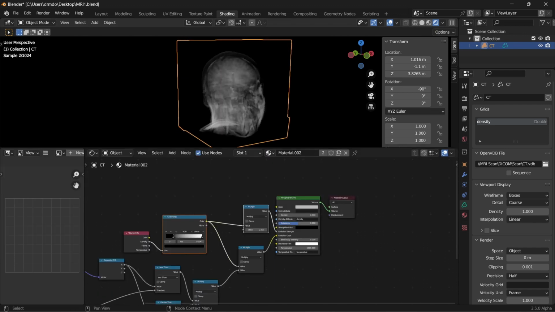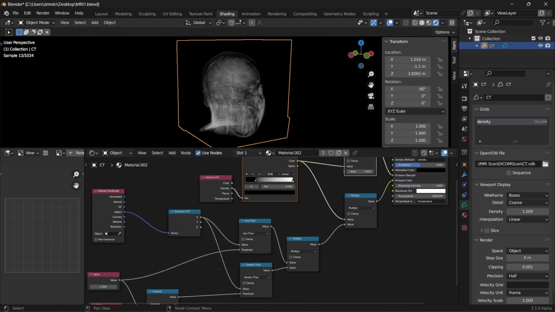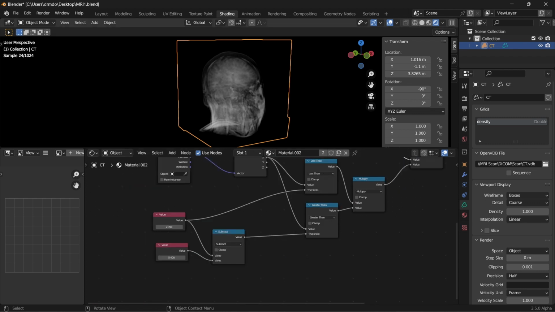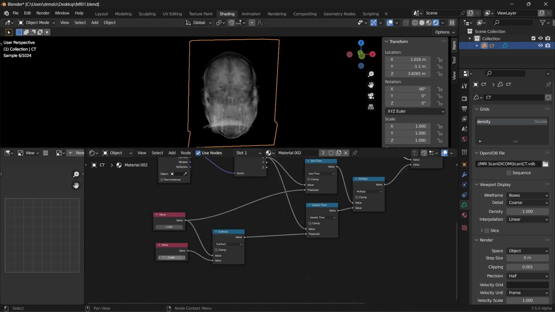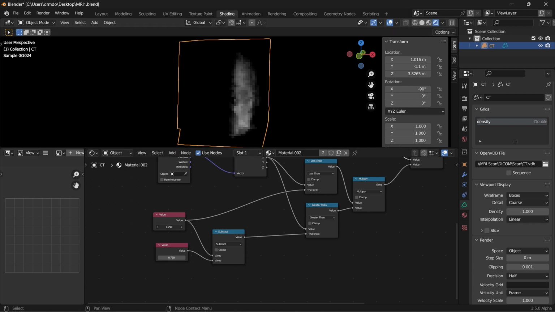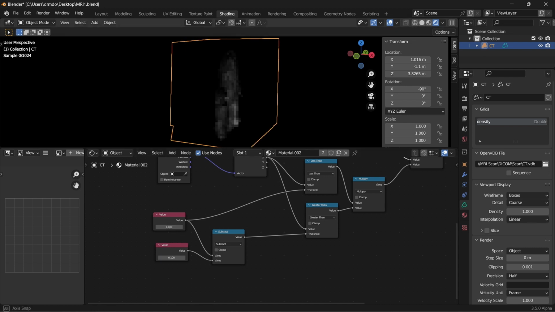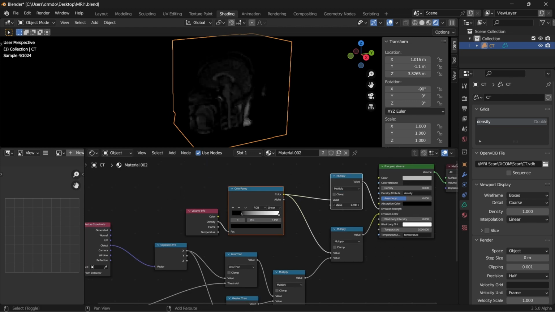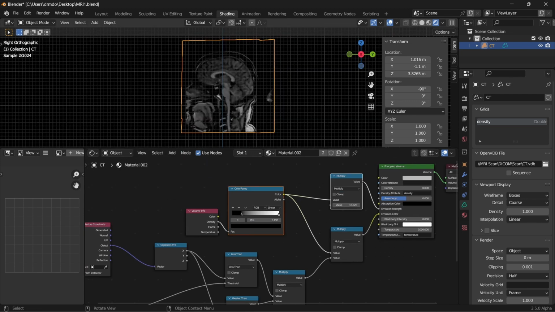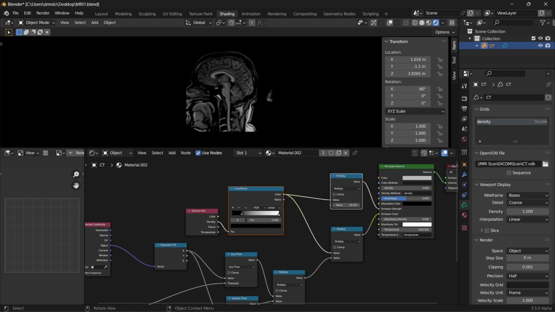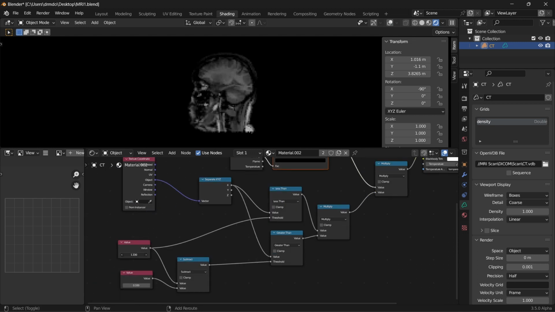And I've set up this special shader just for this particular example, and it allows me to limit the range of the slices. So this slider here allows me to bring in the slice thickness, and from that I can use this slider and I can scroll through the slices. Let's make that maybe 0.1. I can drag this across, and let's turn up the brightness a little bit so you can see. There you go. So now you can see in this particular slice, we've got the brain here, the brain stem, sinuses, nose, and I can scroll through with this one and I can see different parts of the MRI scan,